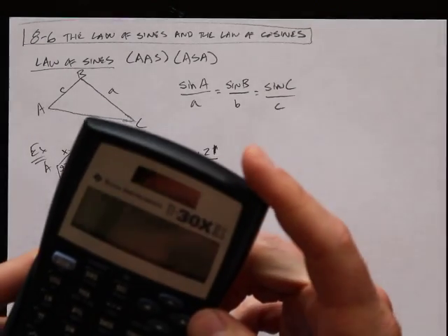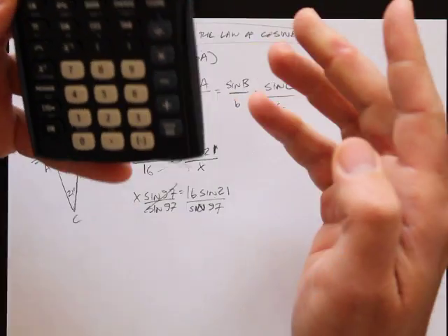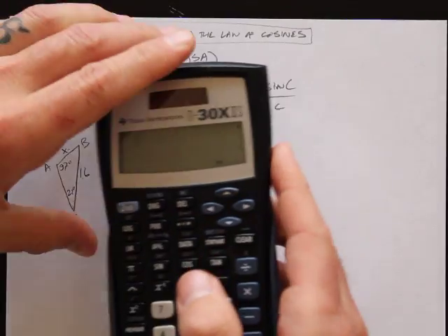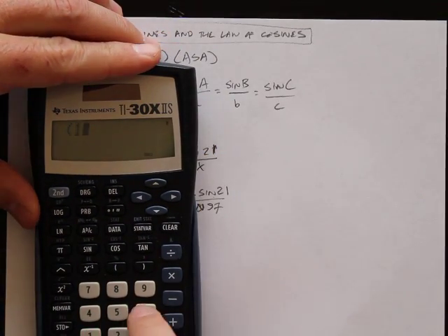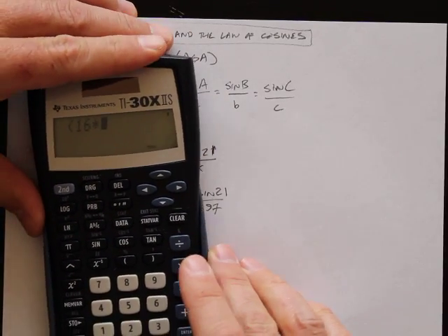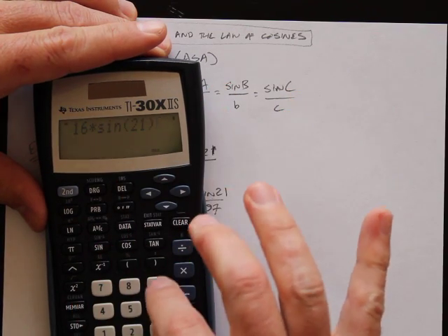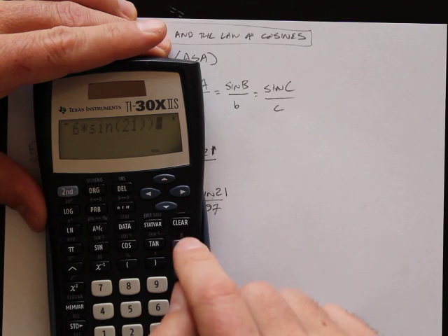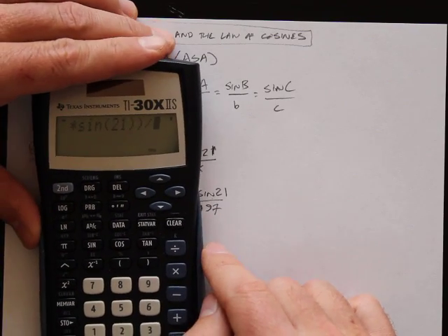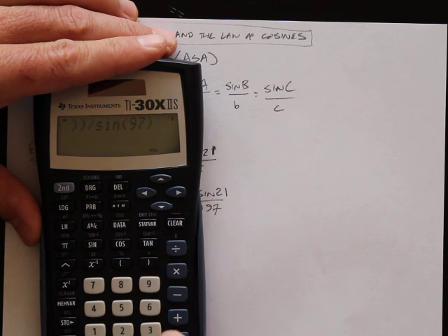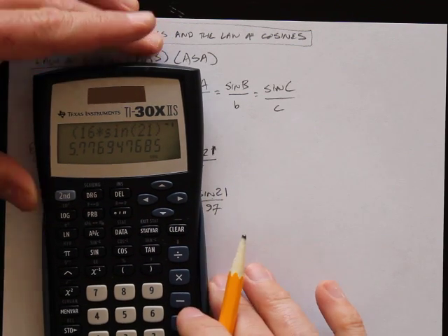So I just plug all that into my calculator. I start with parentheses, 16 times sine of 21, and parentheses for the sine, and parentheses for the numerator. Then I divide it by the sine of 97, and parentheses, and then I get